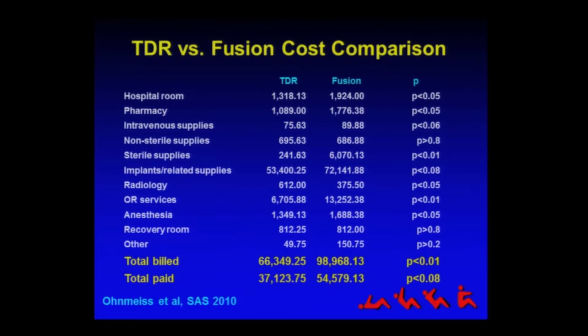And then she compared the costs, again, from a single institution. And you can see there's a significant difference. The billing and the payments were about 1/3 less for the patients who the insurance company would not allow to have arthroplasty. So in other words, the fusions cost the insurance companies 1/3 more for everything else, all the other variables being the same. So we're kind of like slicing the pie lots of different ways, but each with its own limitations.